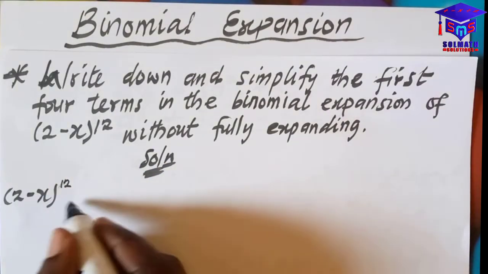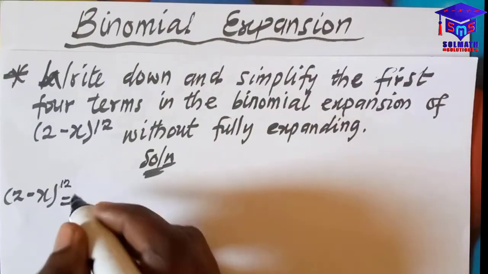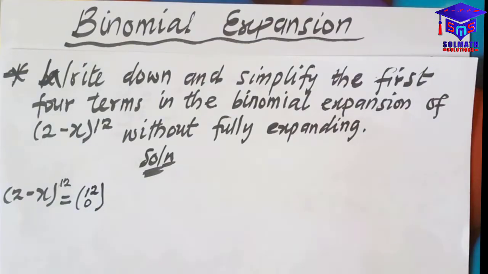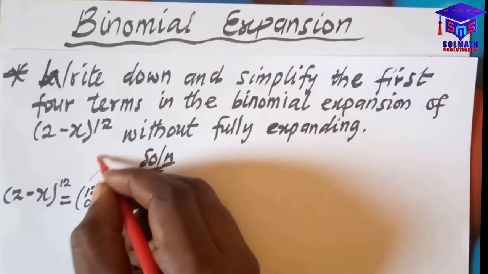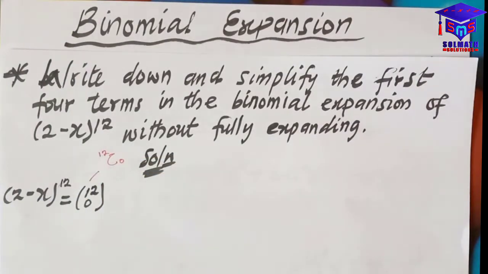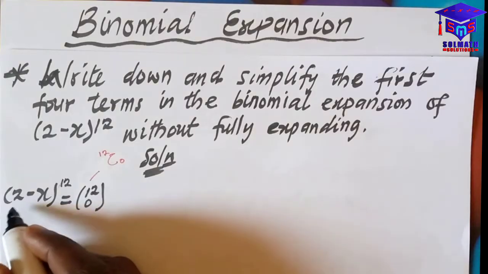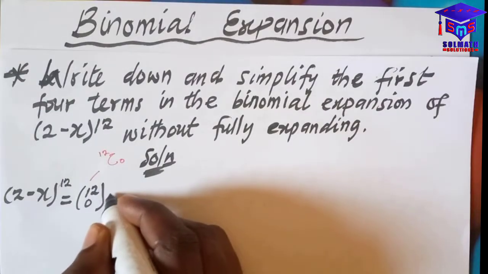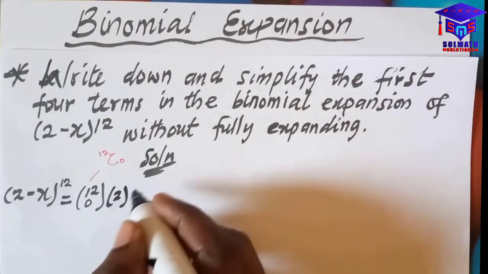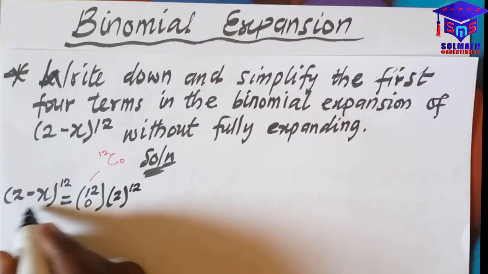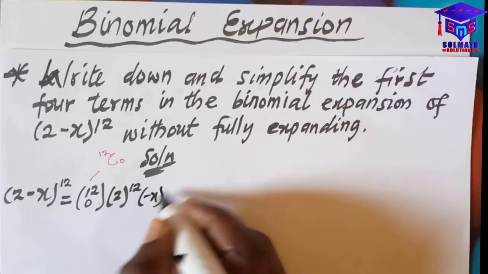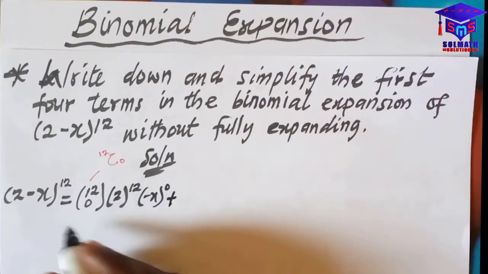(2 − x)^12 is equal to, so we have 12 combination 0. Remember we said this is the same as 12 combination 0, right? Good. So 12 combination 0 is the coefficient, and then the power of the first term in the binomial will decrease from 12 to 0. So we have 2 to the power 12, and then the power of the second term of the binomial will increase from 0 to what? 12. So we have negative x to the power 0, plus